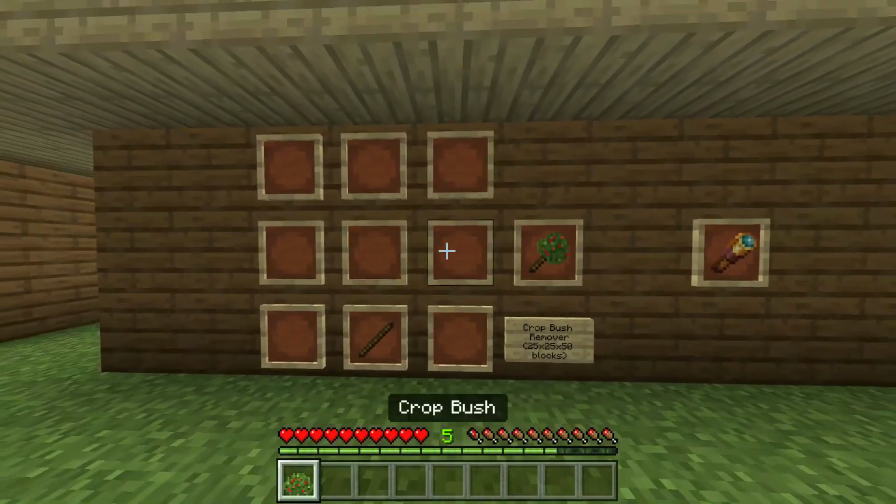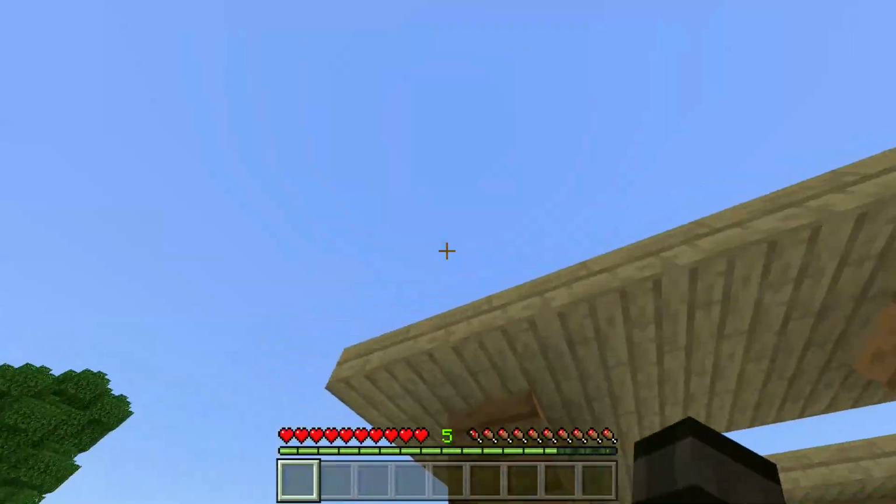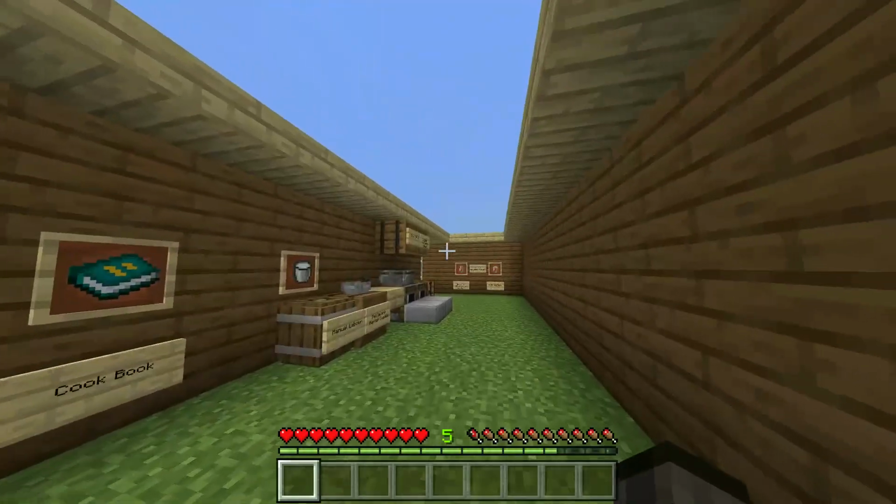So if you're wondering how you actually get a crop bush, you just shear a crop bush, and you can probably find some in the sky. So I don't think you're too worried about that. Anyway, once we got that out of the way,